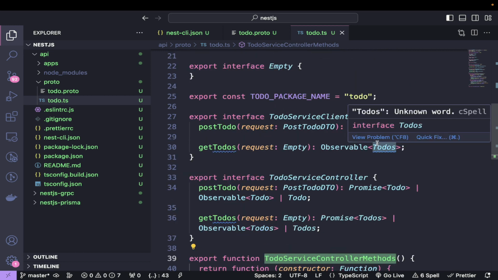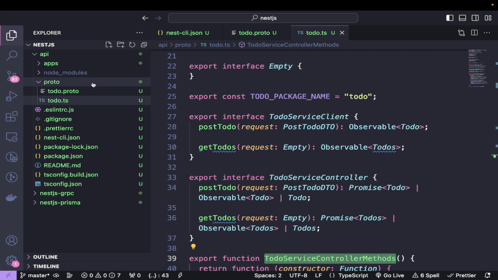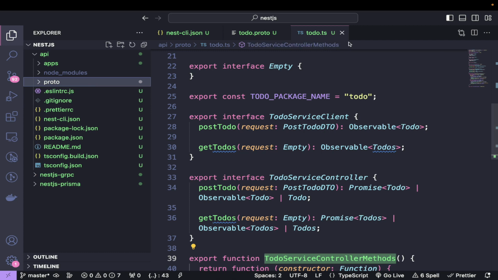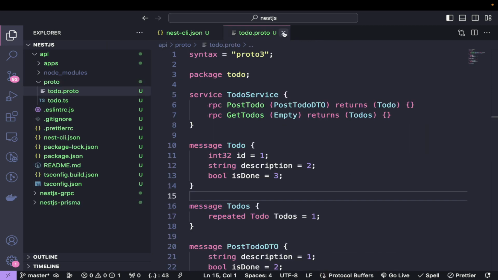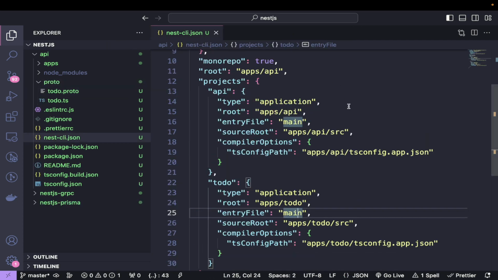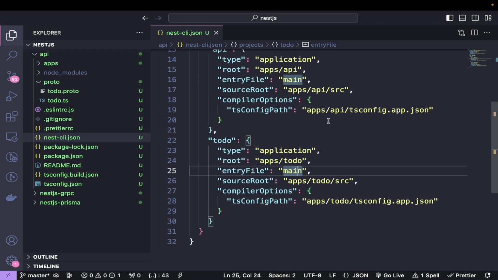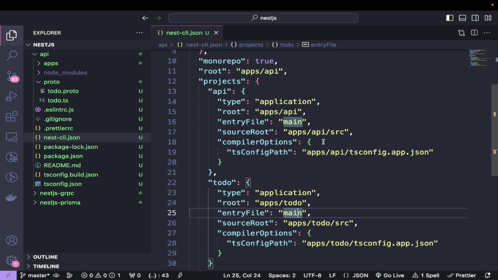So that's all well and good, but one thing to note is that when we build the project, it won't, in its current form, actually reference this file, and that won't be part of the build. So what we need to do is come back to our Nest CLI here, and we just need to change a few things here for the way the project bundles things together. So for this API